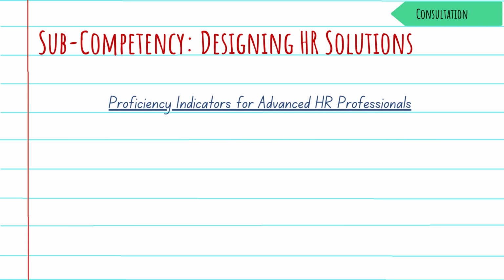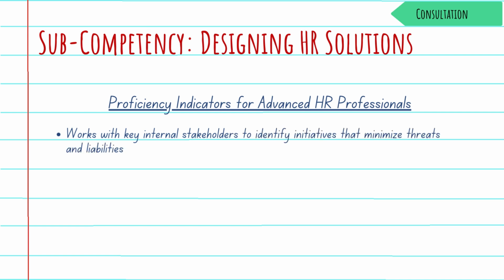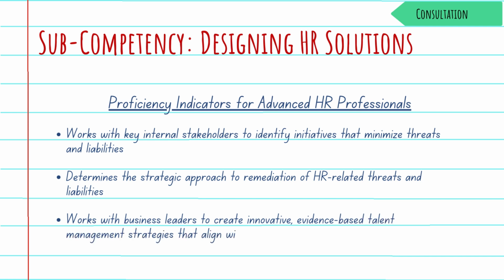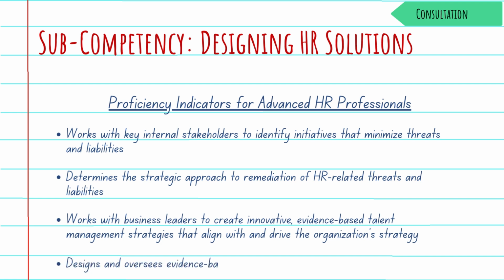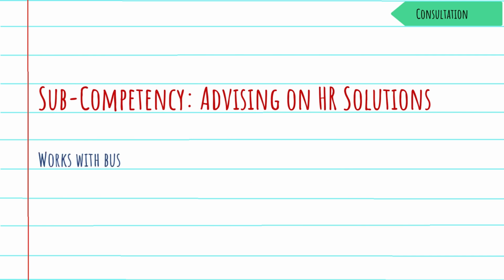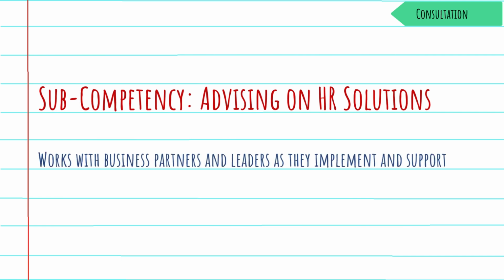For advanced HR professionals, proficiency indicators escalate to working with key internal stakeholders to identify initiatives that minimize threats and liabilities, determining strategic approaches to remediation of HR-related threats and liabilities, working with business leaders to create innovative, evidence-based talent management strategies that align with and drive the organization's strategy, and designing and overseeing evidence-based long-term strategic HR and business solutions. Advising on HR solutions involves working with business partners and leaders as they implement and support HR solutions and